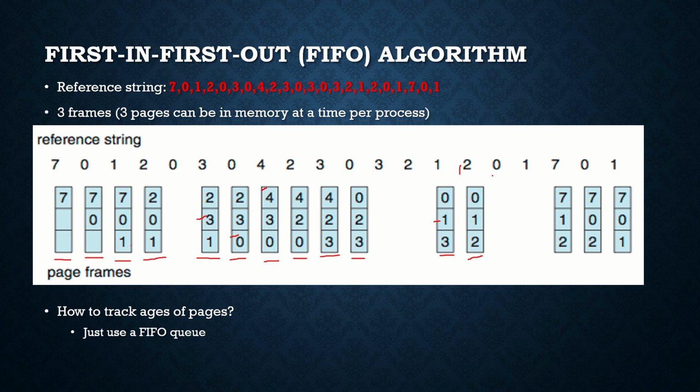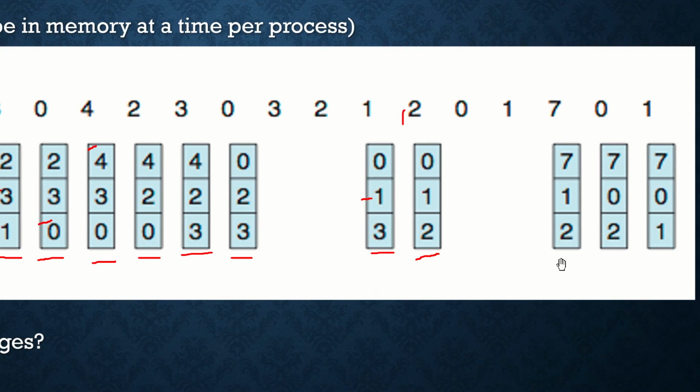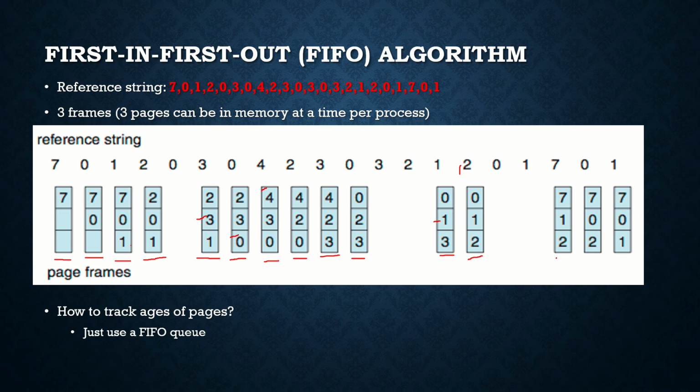Now next is 0. 0 is already there in the memory, so no page fault. We leave it empty, or you can repeat the same box here. No need to mark the page fault. 1 is again in the main memory, so no page replacement or page fault. Again 7 is not there in the memory, so again a page fault, and here also you have to mark a page fault. Where to replace? Among 0 1 2, 0 entered the memory first. 1 entered here and 2 recently entered. So it will replace 0 with 7.